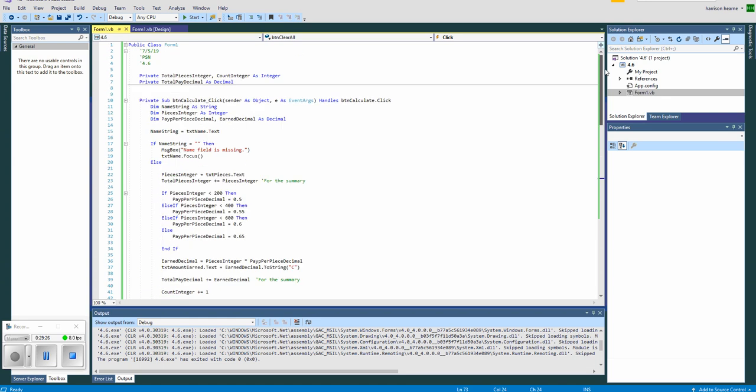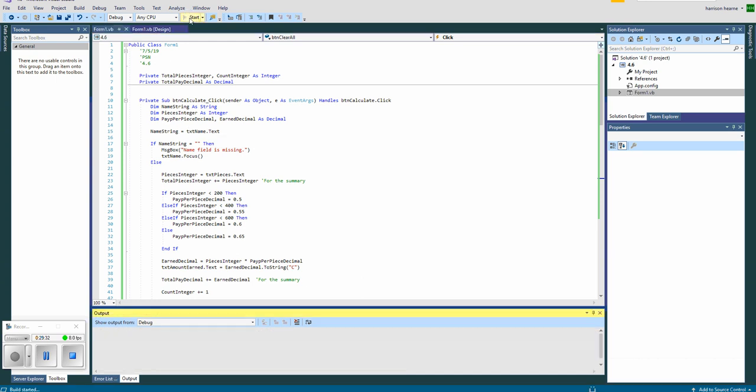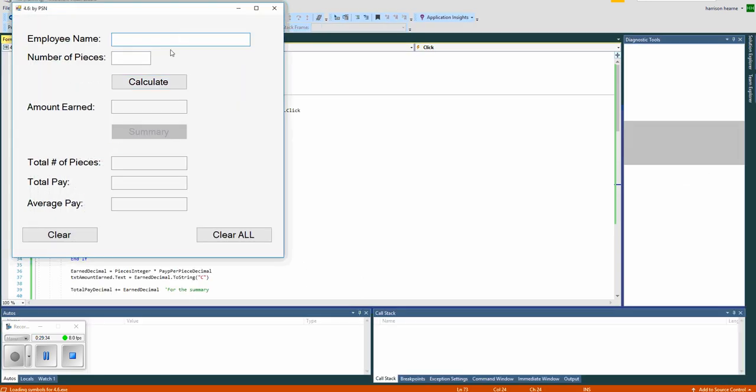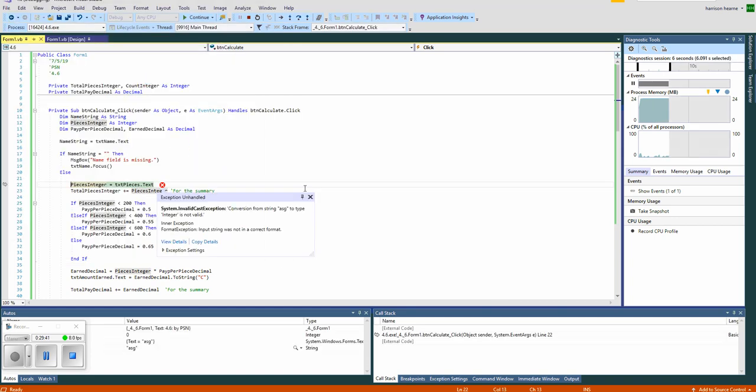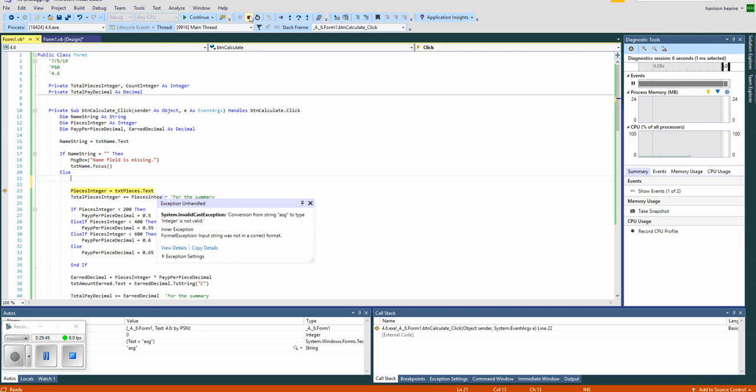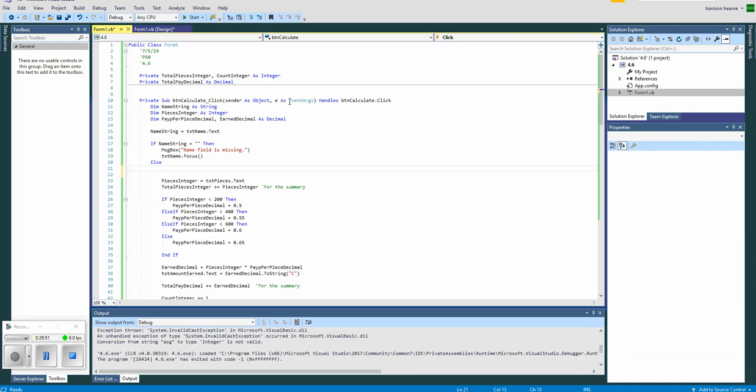Okay, last job here. Back to button calculate. Everything's working. However, if I try to run this, and I put in a name, I'll actually put in real Jeff this time, and I put in something here and calculate, kills the program. So I need right before here where the program kills, that's a good place to find out where to put it in, I need a